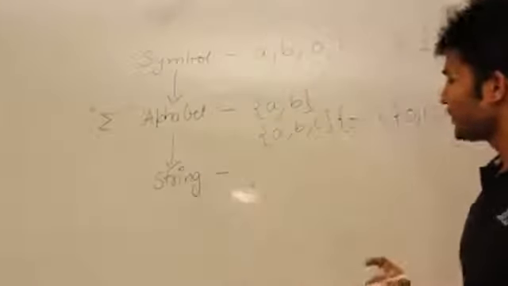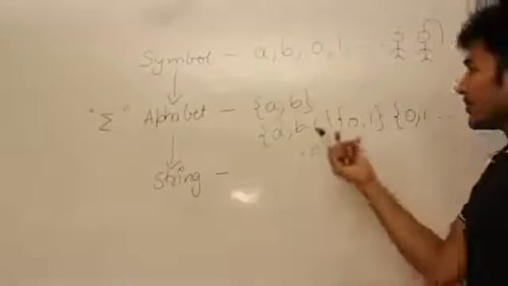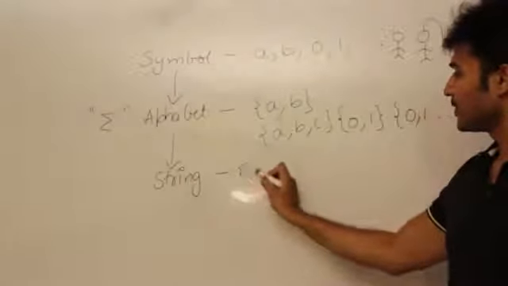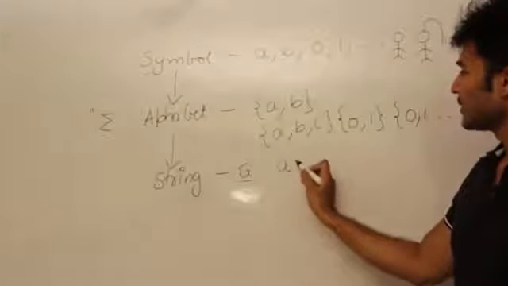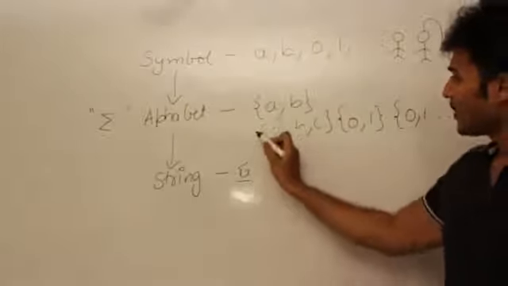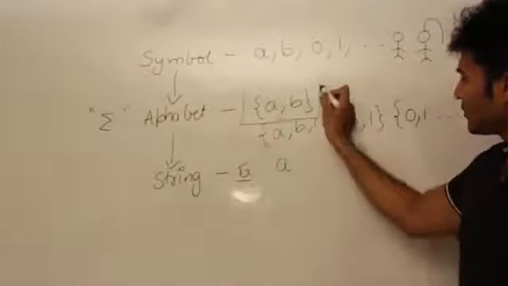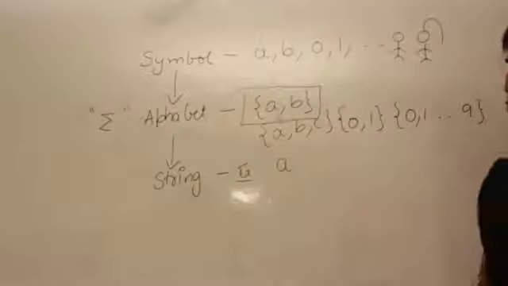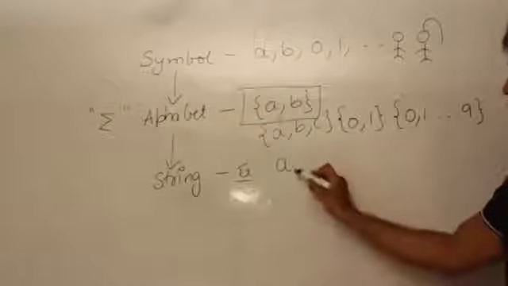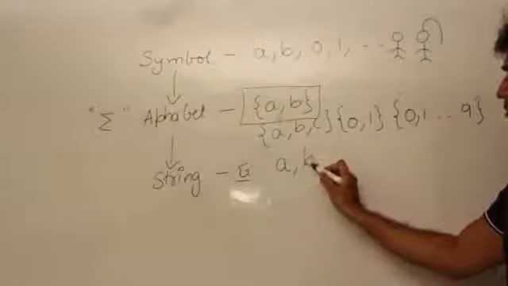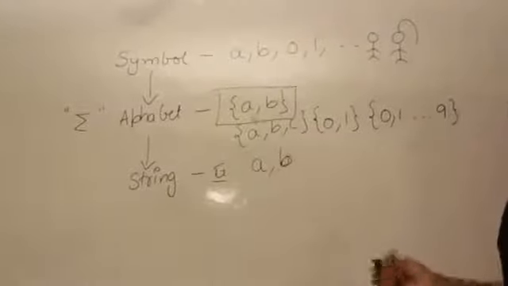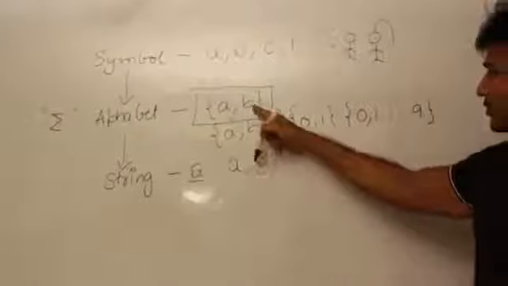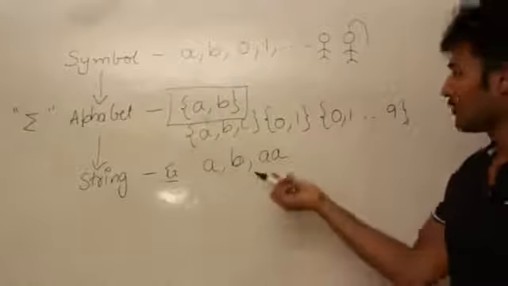Okay, and from the alphabet we are going to discuss a string. A string is a sequence of symbols. An example is, let us say a. If the alphabet is a comma b, small a is a string over this alphabet which is of length 1, and small b is also a string over the alphabet which is of length 1, and aa is also a string over the alphabet which is of length 2,